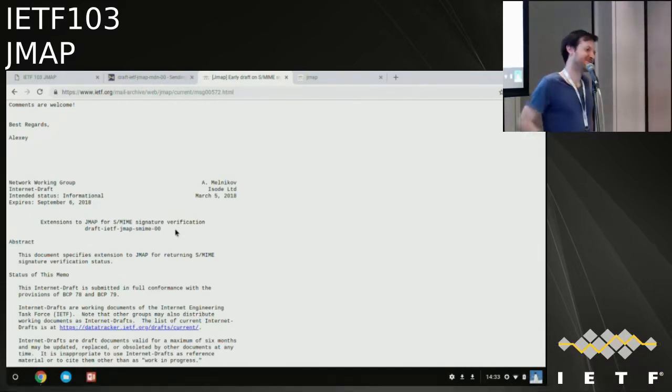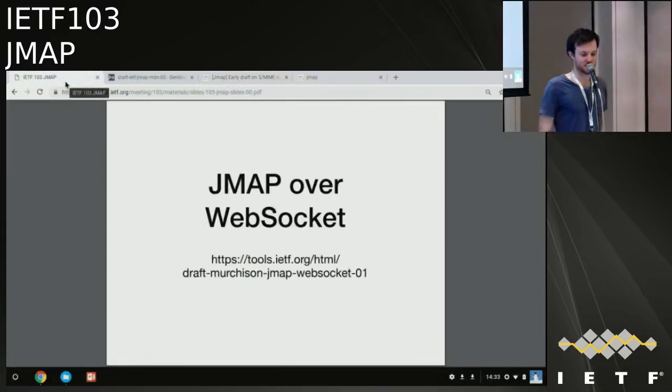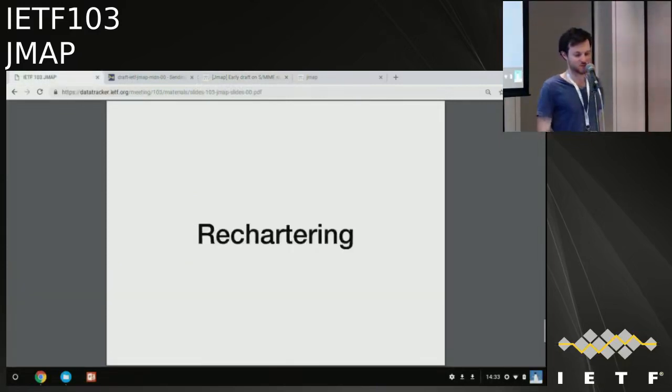Again, I'm not saying that we shouldn't do it. I think this needs some discussion on the list, and there are various ideas, but it would be useful if we can find a solution. Good. Okay. I think that's the end of the extensions to talk about. So I'm going to hand this over to Bron.